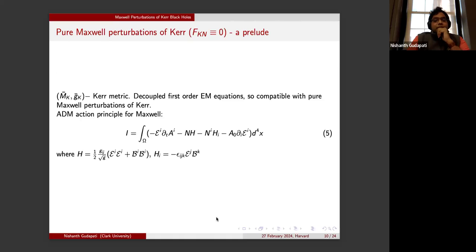Let me show that. So our results are based on the Hamiltonian approach of the Einstein equations. In particular, let me use the Maxwell perturbations as a test case, or as an important intermediate test case for the Einstein equations. So we start with the original Hamiltonian of the Maxwell equation,